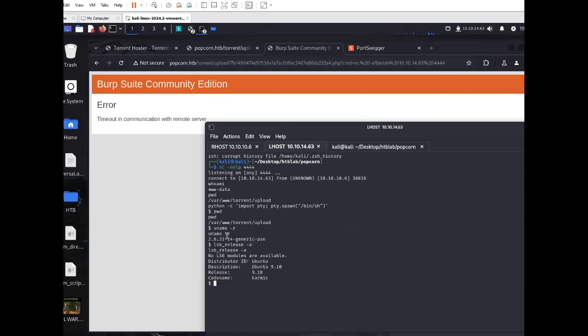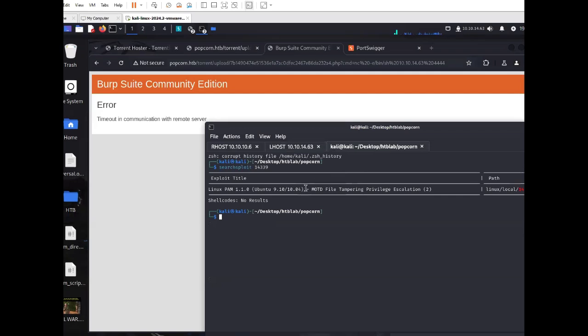If we run this command here, we'll see the version of Ubuntu that's currently being run. That's going to be lsb_release -a. And here you can see that it's Ubuntu 9.10. Okay, so great. If you go into searchsploit and you're looking for Ubuntu 9.10, you're going to see